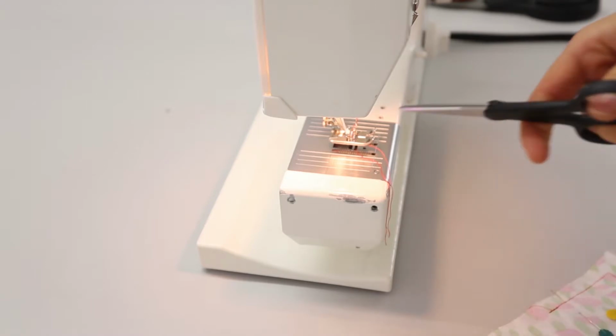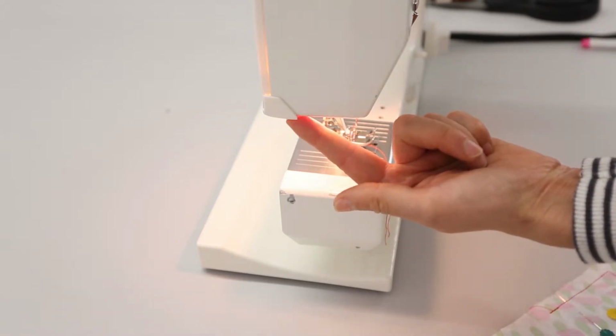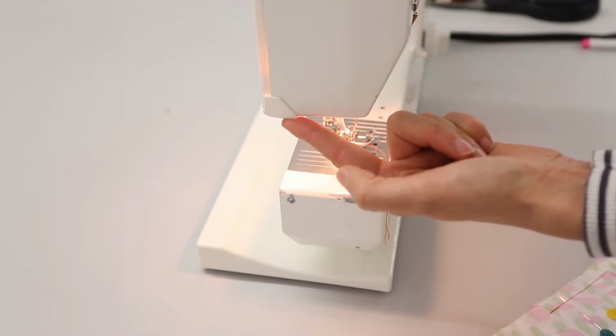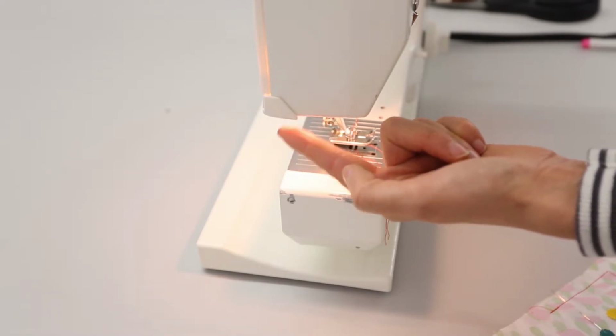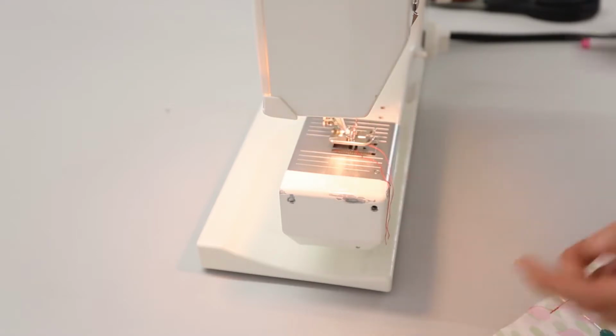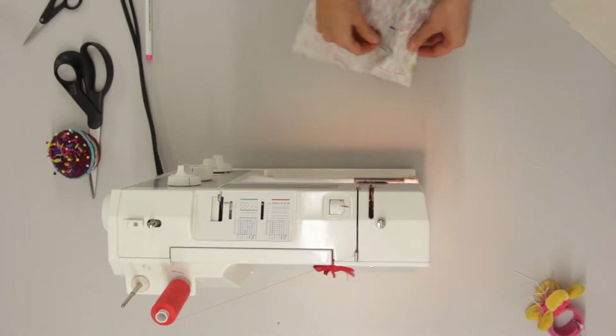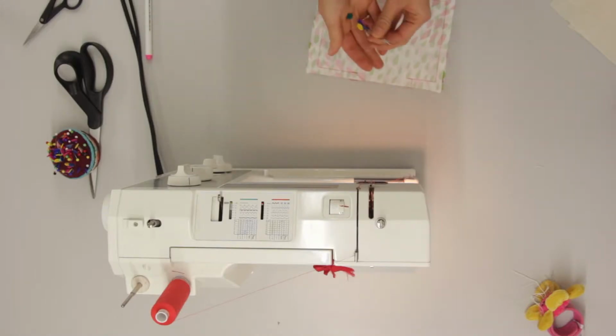So you might be able to see on my machine that I have a blade in here, but it doesn't always cut very well. And I have some other slightly more basic sewing machines that I use for workshops that don't have one of these. So I just use the scissors that I've mentioned in the beginning of this video. Okay, so I'm just going to pop the pins down,